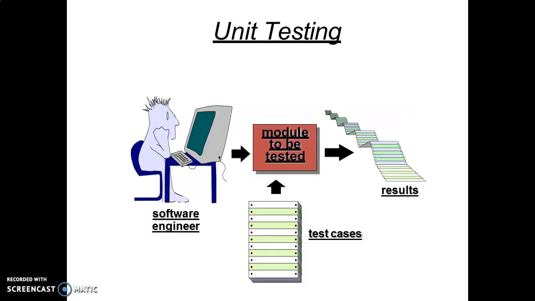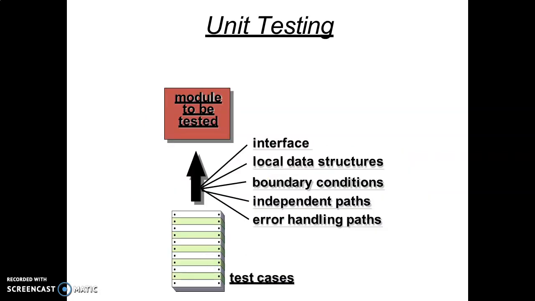So in unit testing, software engineers, we know that unit testing is done by the developers, right? And here we test the modules. Now to test any software or a part of a software, we require test cases. And so 2 inputs are there: the code done by the developer and the test cases. These are the 2 inputs, and the output is the results. Now results tell you the errors, whether requirement conformance is done or not, the quality and all the things. So that is the unit testing.